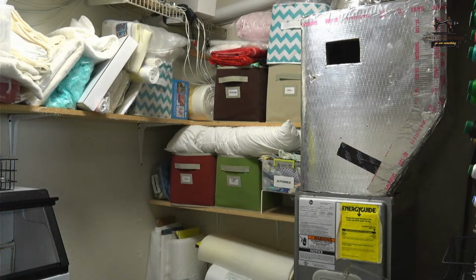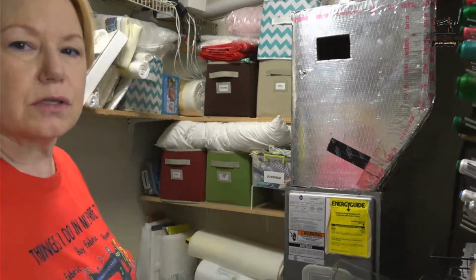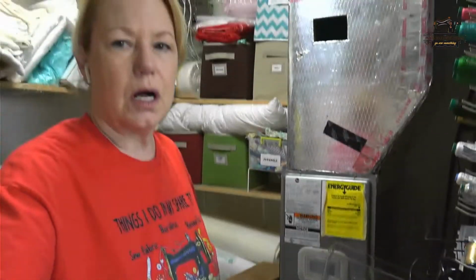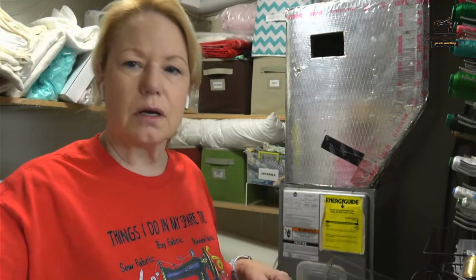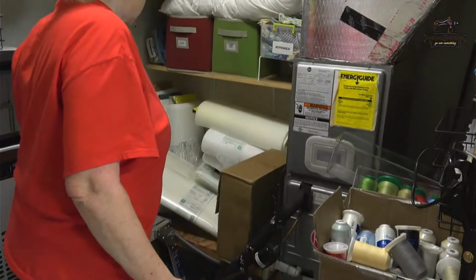Okay. So, all right. So now, I keep all of my bolts from Pellon down here. So a lot of people ask what kind of stabilizers do you use and this and that. Y'all, there's only so many stabilizer manufacturers or these kinds of things that go inside of projects. There's only so many of them in the world, and almost all of them come from only like 2 or 3 of them. So I love Pellon. I've used Pellon for centuries, right? So most of this stuff is Pellon. And so I've got